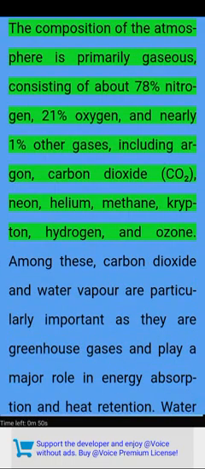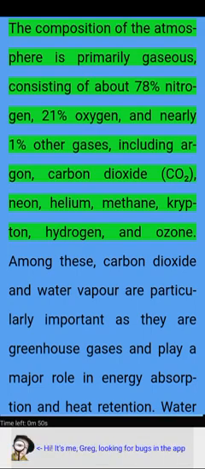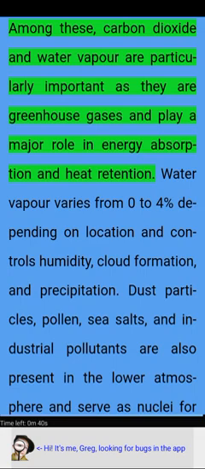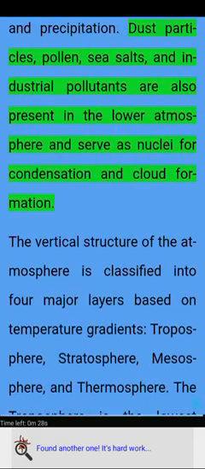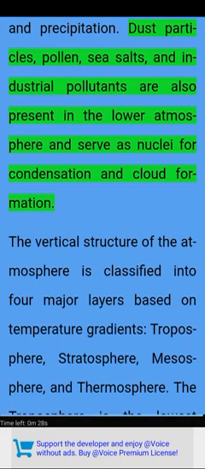The composition of the atmosphere is primarily gaseous, consisting of about 78% nitrogen, 21% oxygen, and nearly 1% other gases, including argon, carbon dioxide, neon, helium, methane, krypton, hydrogen, and ozone. Among these, carbon dioxide and water vapor are particularly important as they are greenhouse gases and play a major role in energy absorption and heat retention. Water vapor varies from 0 to 4% depending on location and controls humidity, cloud formation, and precipitation. Dust particles, pollen, sea salts, and industrial pollutants are also present in the lower atmosphere and serve as nuclei for